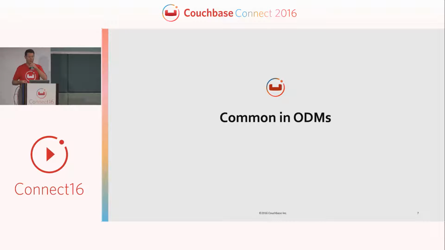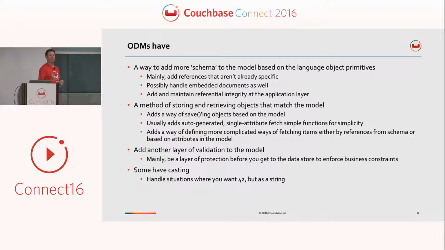So what do ODMs actually do for us? Realistically, because we don't have to have the kind of complication that an ORM has to break things down into that schema underneath, what does an ODM do for us? Primarily, an ODM is really just a way to add some more schema to the model that's in your application based on object primitives. So you as an object-oriented developer, you probably just want to build JavaScript objects. And then you want those JavaScript objects to automatically turn into that model that's backing your application. But you probably need to make sure that things are going to serialize correctly,